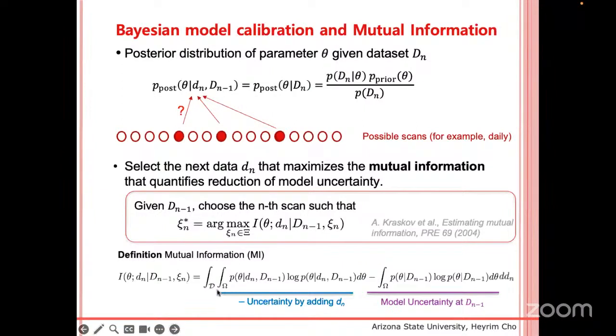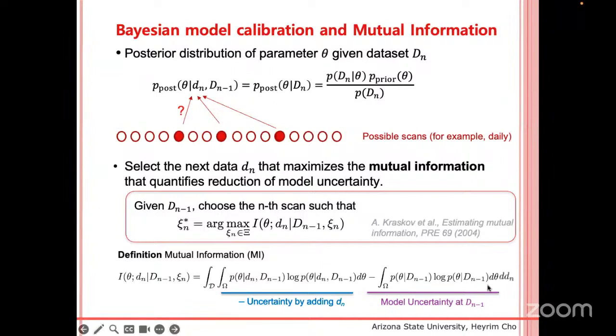And it has this long expression, but it's nothing but we're trying to reduce the uncertainty in the model parameter. So for example, in the radiotherapy model, we want to reduce the uncertainty in the radiosensitivity parameter as much as possible by selecting the new data. It's called information theory because